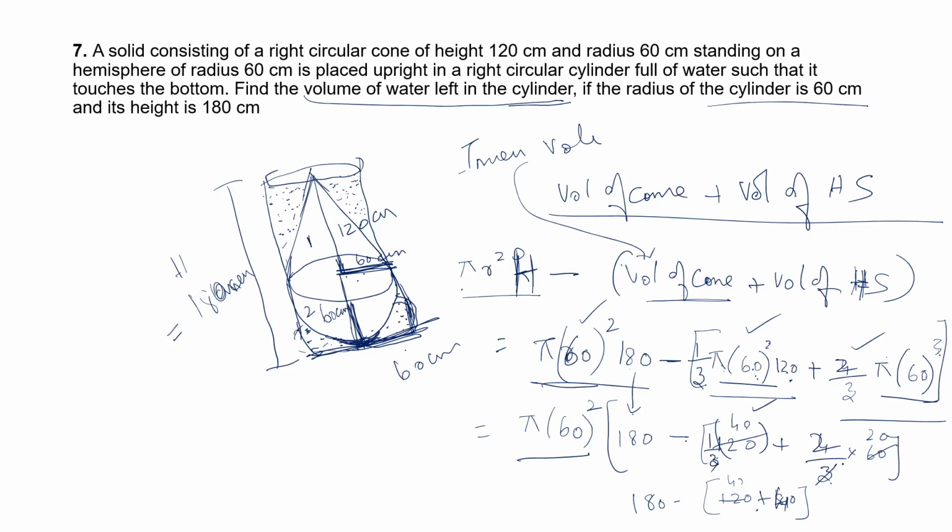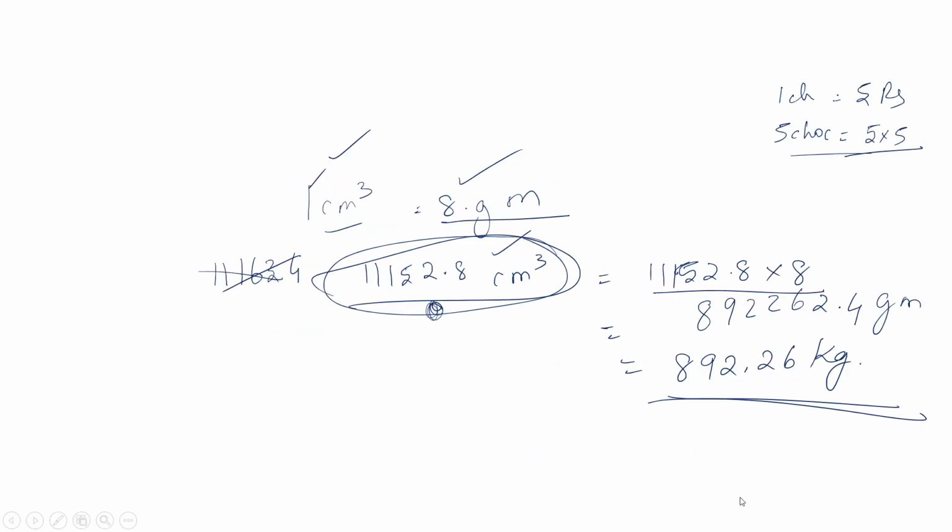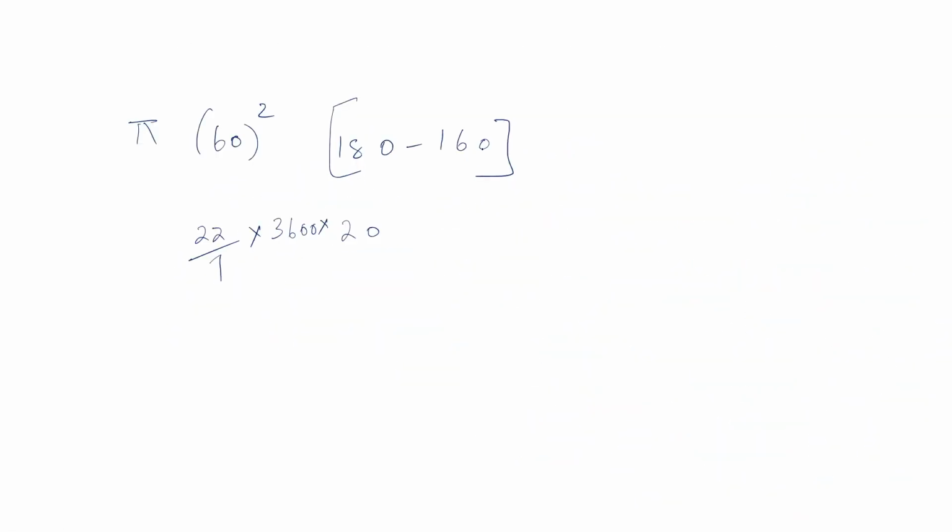2 by 3 into 160 is left out, we have taken only 60 square outside, so 3 into 2, 20, 22s are 40, 40 plus 40, 80. So what will be left out, 180 minus 80, it will be 100 here. Yes, so doing calculation you should be very careful. 180 minus 80, you will get 100 here. Okay, so is this clear?